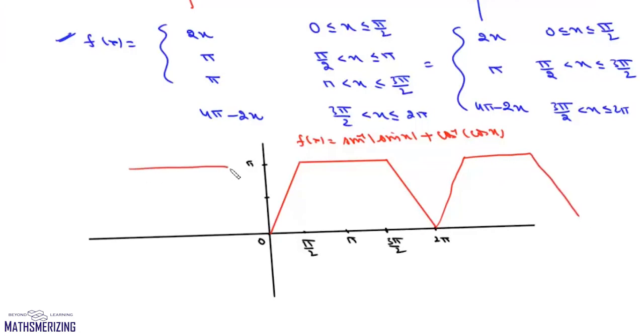So this is how we can draw the graph of sin⁻¹|sin x| + cos⁻¹(cos x). Now as you can see, this function is continuous for x belongs to R, but it is not differentiable at π/2, 3π/2, 0, 2π. So it is not differentiable at odd multiples of π/2 and at 2nπ. So it is not differentiable at x = 2nπ and (2n+1)π/2.